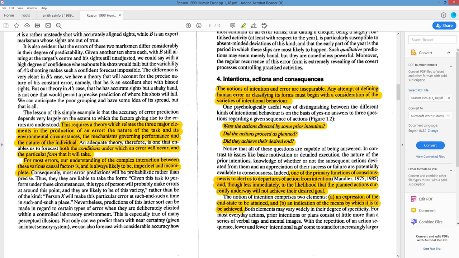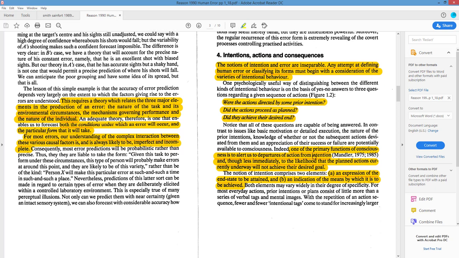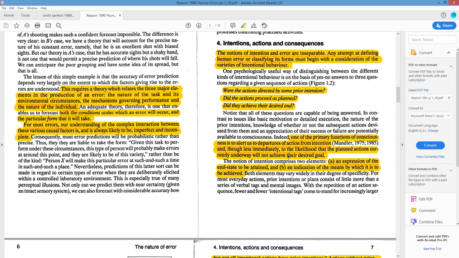but some characteristic was too different, and therefore it didn't work. Did the actions proceed as planned? So that's sort of in the delivery of it. Did they follow each step, or was there a critical or fatal error? And I don't mean fatal as in death, I mean fatal as in doesn't work. And then did they achieve their desired end? So if you messed up and still received your desired end, that's called fail-safe. Even though you failed, the bad thing didn't happen. And that's something that Todd Conklin talks about in his design approach to safety.